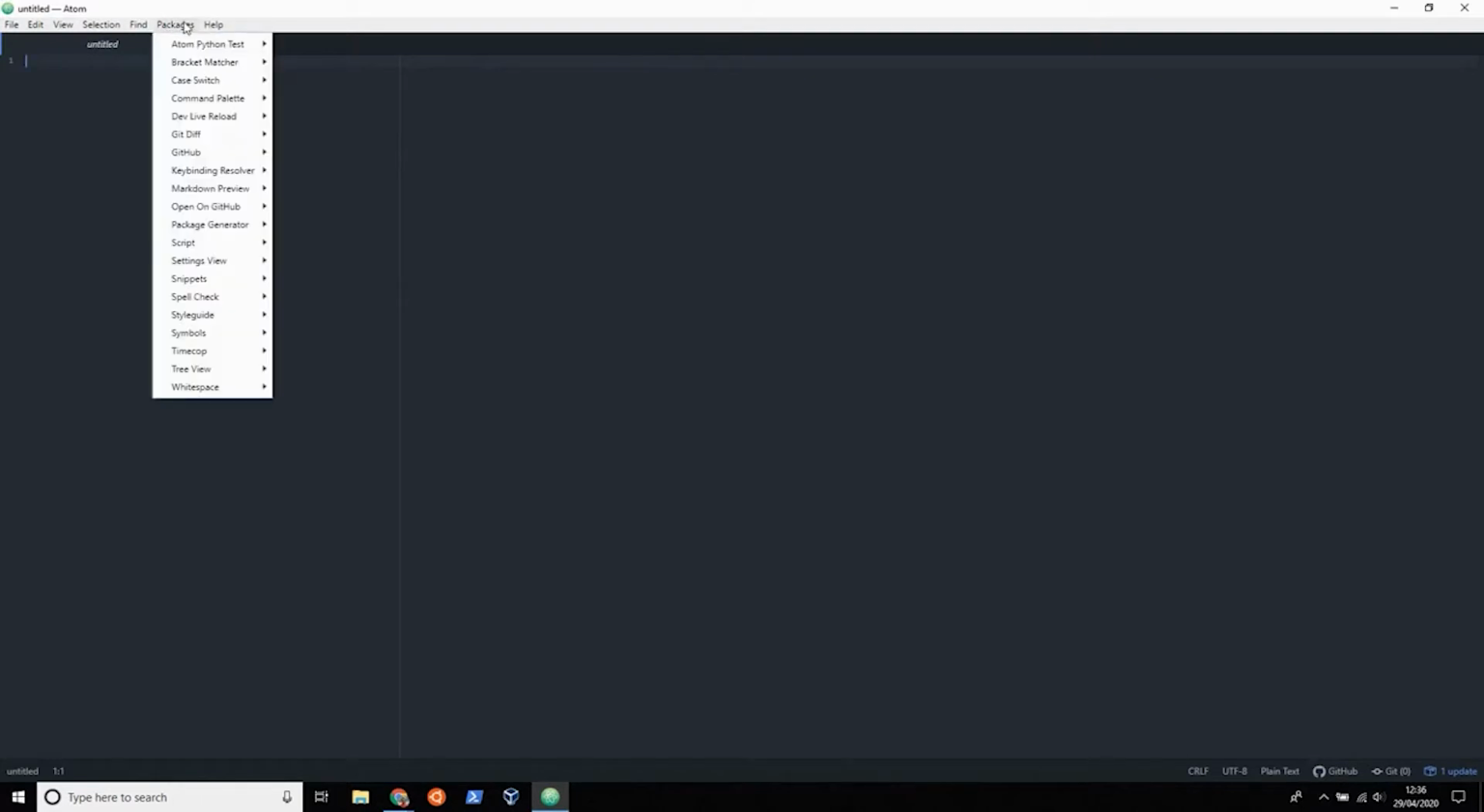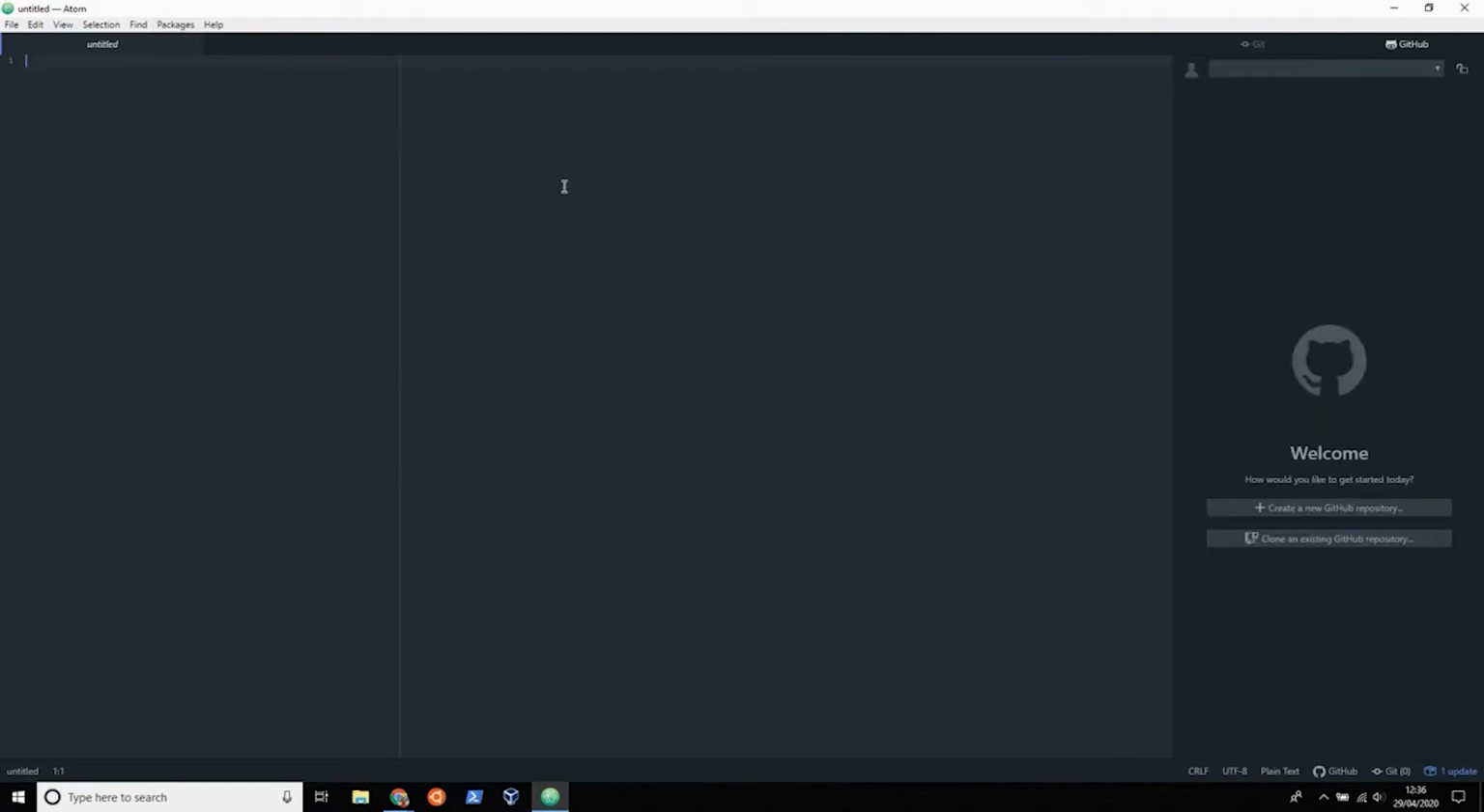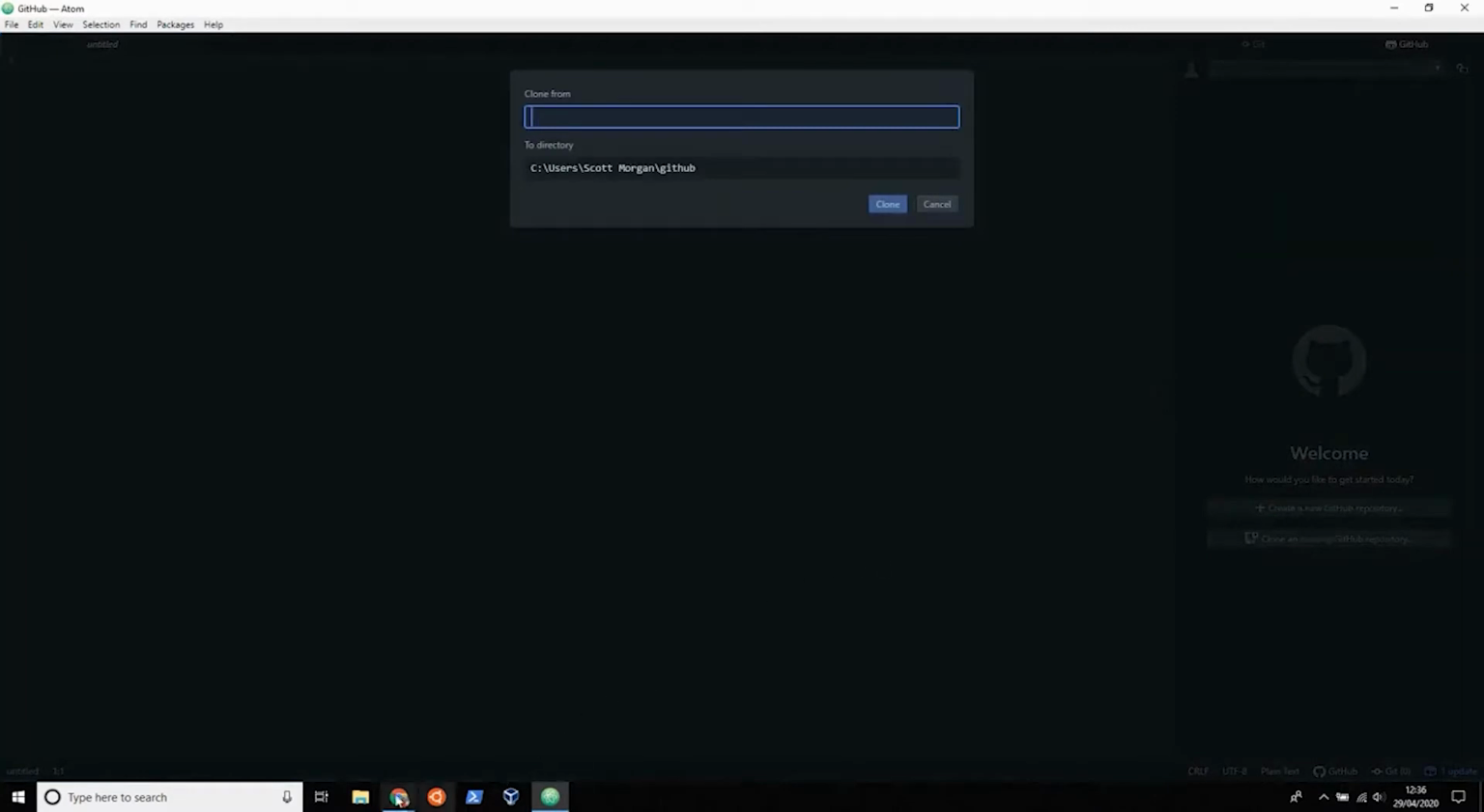So we're going to go down and open Atom. And the first time you open it, you'll probably see a welcome page. This is not the first time I've opened it, so I just get a blank screen. I'm going to go to Packages, GitHub, and I'm going to toggle this GitHub tab. And I want to clone an existing GitHub repository. So I need to go and find the name,